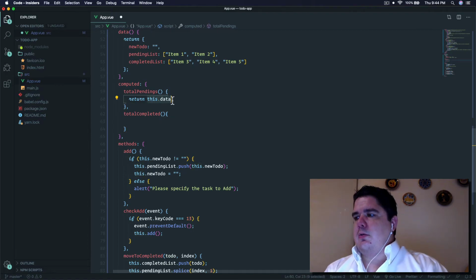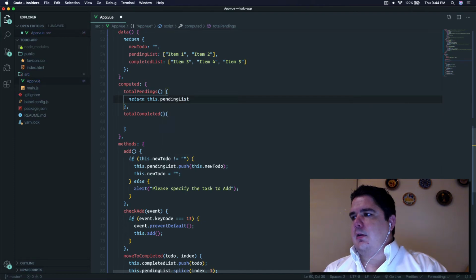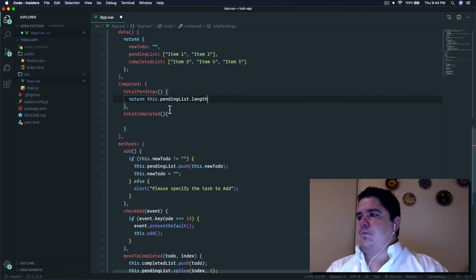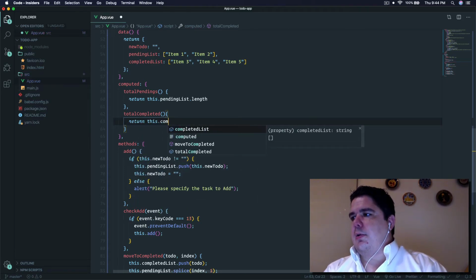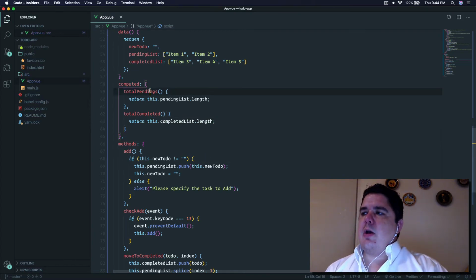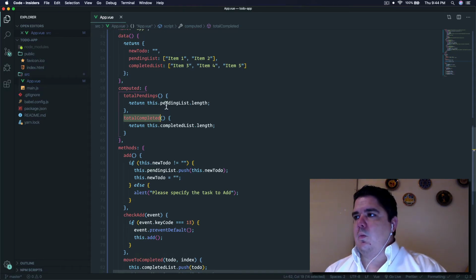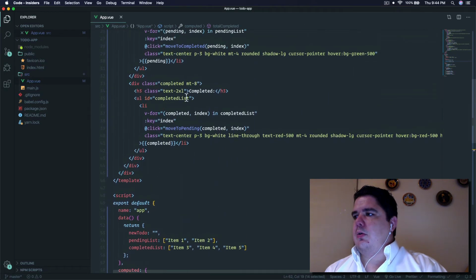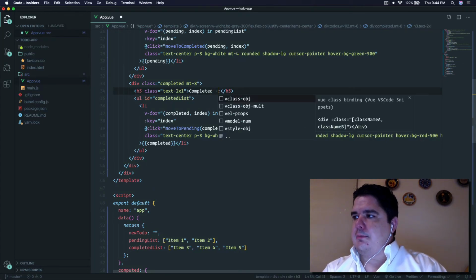And the first one is to return this.pendingList.length, and my total completed is going to return the information from this.completedList.length. So now I have access to how many items I have in each list, and I can list those right here. So I can actually put a colon